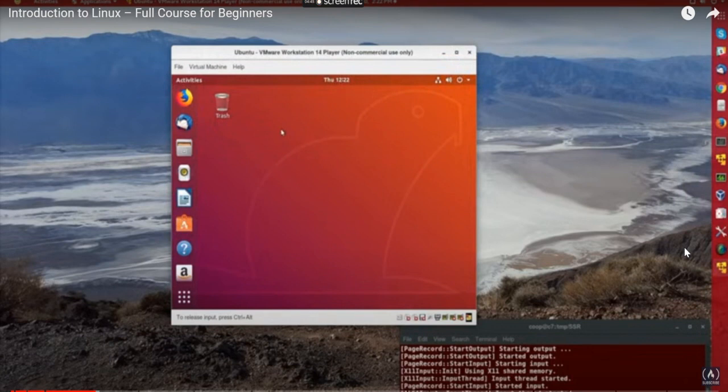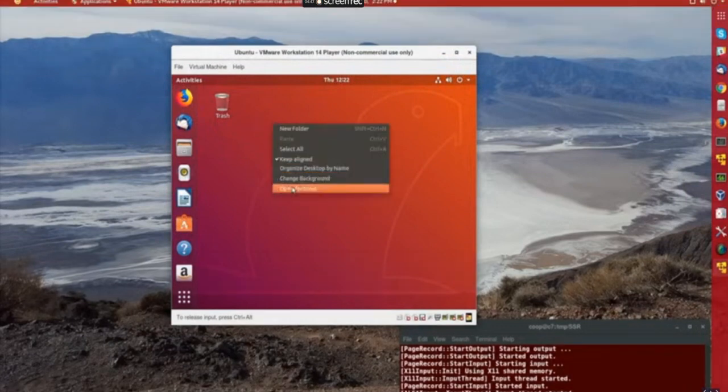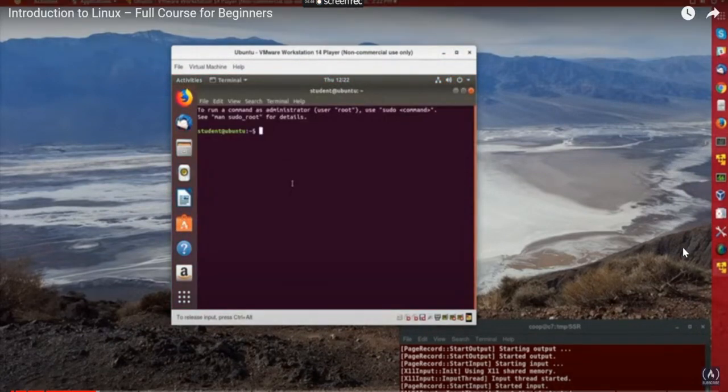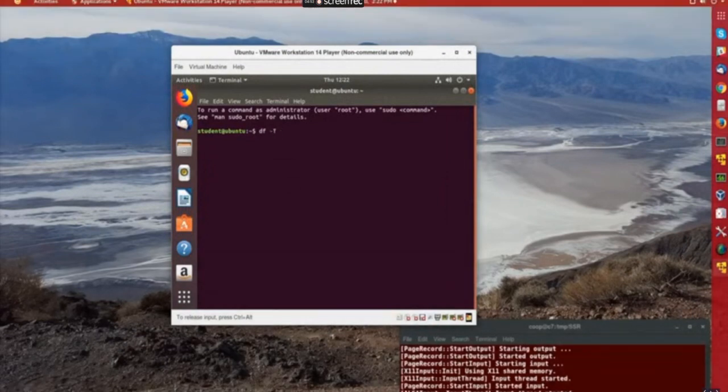And then just to see what really happened here, if I right-click, I can open up a terminal. And then I'm going to run the command df -T -h, for disk-free, to show me what type of file systems I have, with -h to print out the results in megabytes and gigabytes. And I see that in the main file system, I have 30 gigabytes of space, of which I'm using 5.3, and it's an